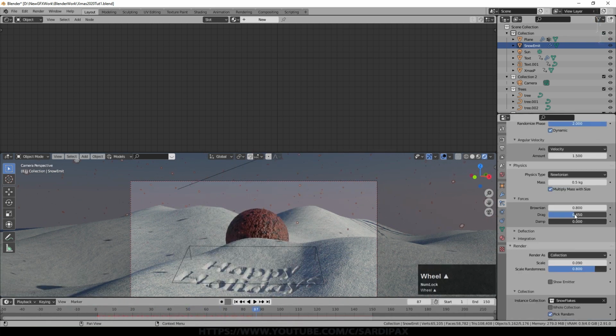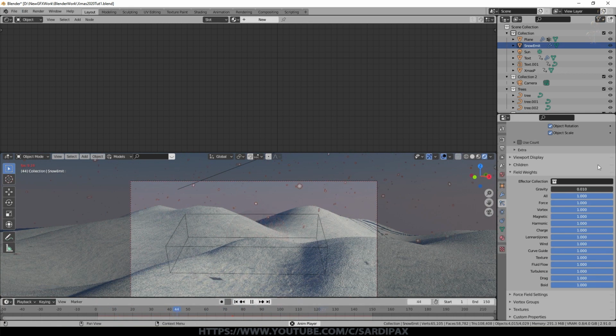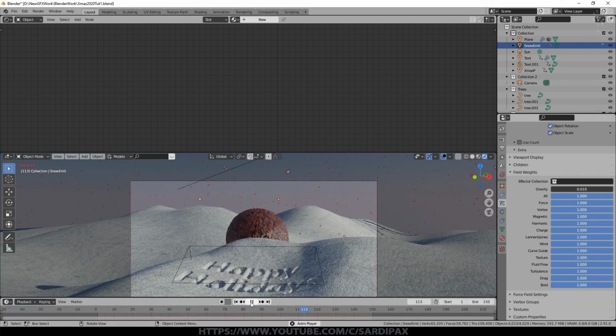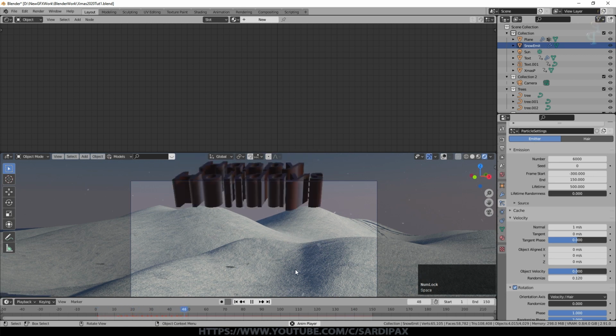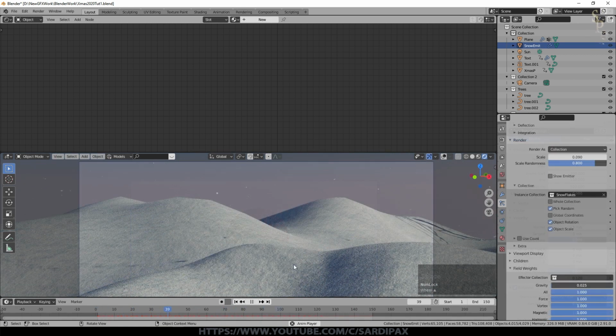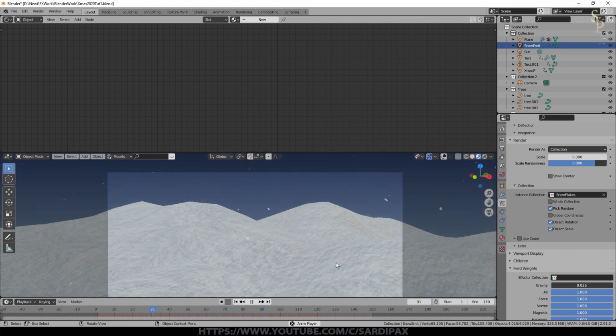That's looking better. So if we want them to be a bit slower, we can turn drag up a little bit, and we can even turn gravity down. You see that's possibly a bit too little gravity there. But you can play around with all of these effects, get the sort of snowfall that you want. If I turn this off, we can see the snow a little better. And there we go. I just turned frame dropping off again because it's making it look like everything was going faster than it really was. So there's our snow coming down.